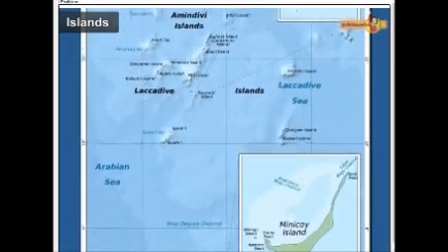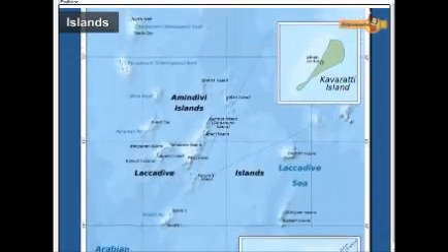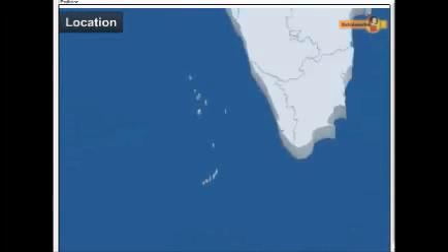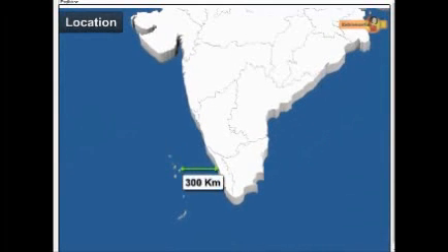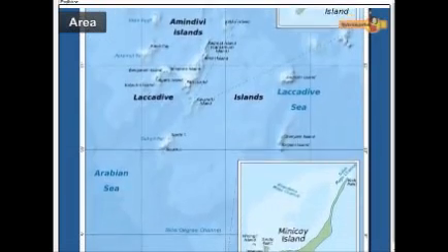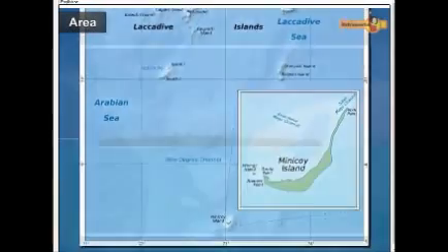Lakshadweep is a group of about 36 coral islands, out of which 10 are inhabited. The rest of the 26 are left isolated till now. It is located 300 kilometers to the west of the coast of Kerala. The total area of Lakshadweep is 32 square kilometers.